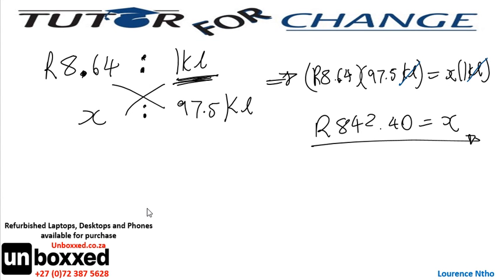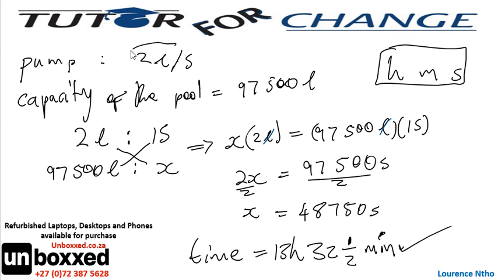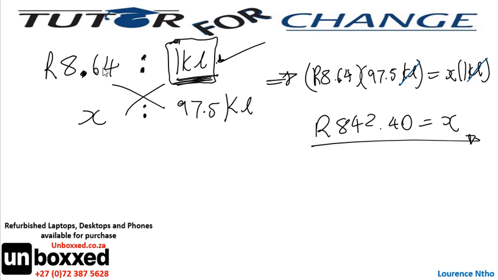So yeah, this is how we answer these questions. I don't think they are challenging. It's just a matter of being careful and just taking the easy way out. The ratio here is given in kiloliters, and in the previous question you did convert to kiloliters, so that's where now the kiloliters will be very useful to answer the question. Now in this one, this is given in liters, so that's why we are using the liters to answer the question. So we have to be very careful on how we choose to work with whatever values that we have. Okay,